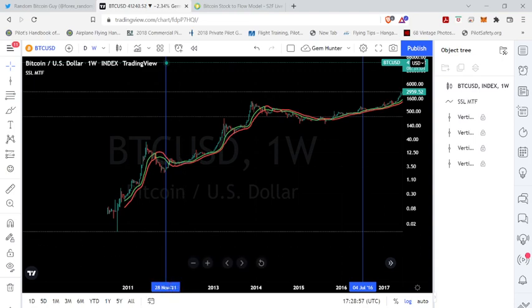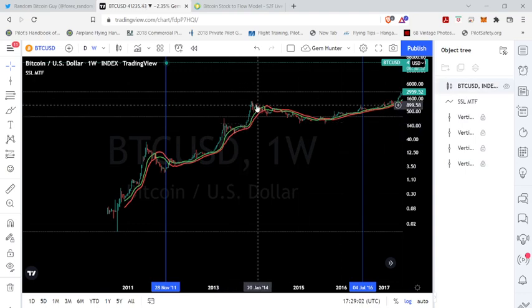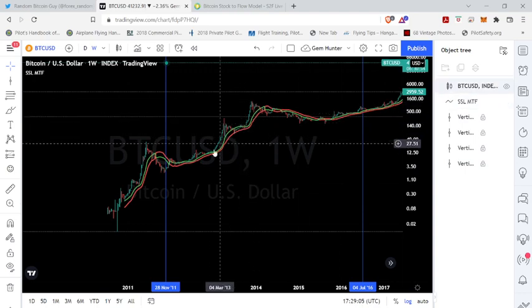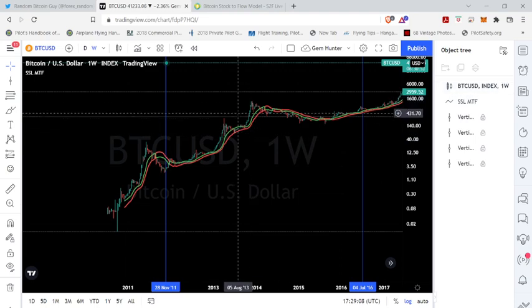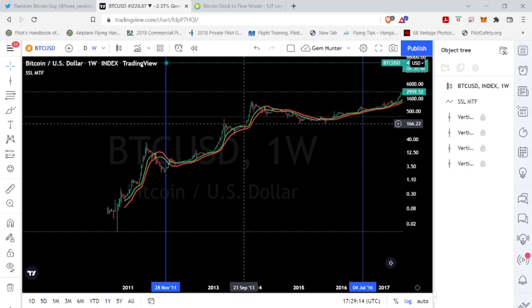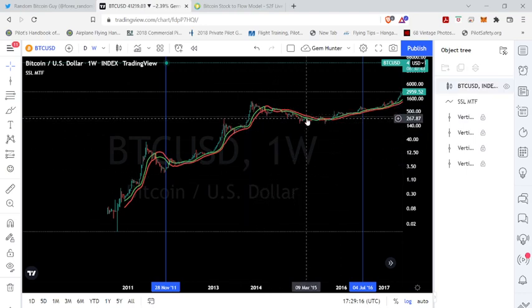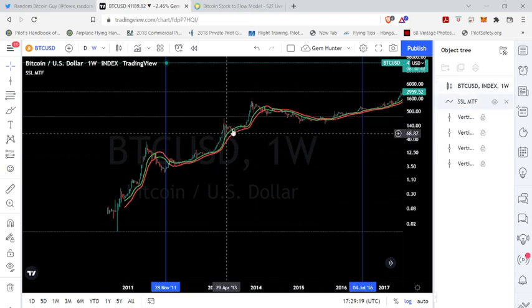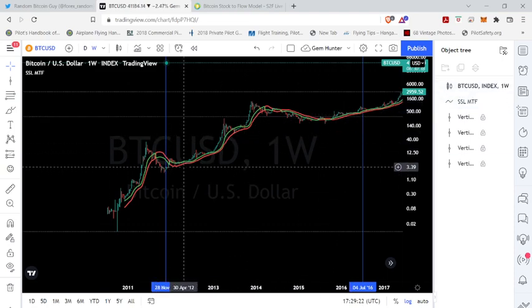As you can see, here's the first halving that happened 28th of November 2011. You can see these parabolic runs that happen where everything stays way above the 21 SSL. This one actually kind of had a double peak here, the first one, and then it kind of tapers off again, and it'll go up and down, but not have these big parabolic moves like it does. And this usually happens about anywhere between the first year to a year and a half that this is going to start occurring. So when these halvings occur,